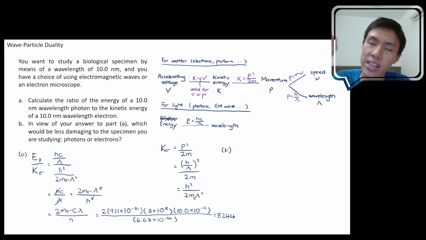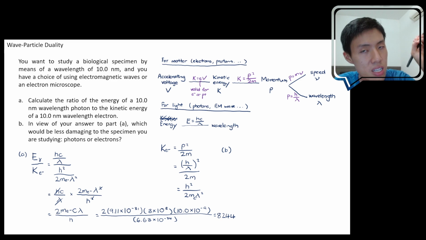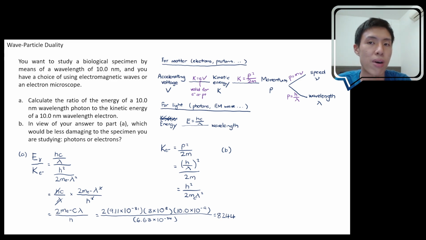So if we shine light or electron beam onto the specimen, those light photons itself carry energy, and those electrons also carry energy as well. So when they are being incident onto the specimen, what they do is they impart the energy on the specimen. Okay, so they transfer the energy from the photons or from the electrons to the specimen itself. So if the energy is received, it will cause the specimen to experience some kind of heat up. Okay, so heat up is actually quite dangerous when we talk about biological specimen,